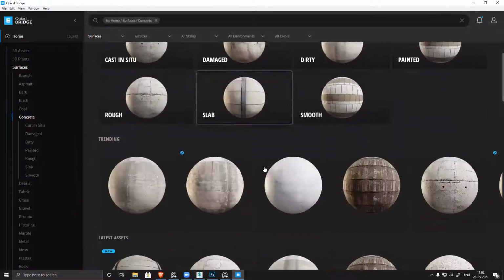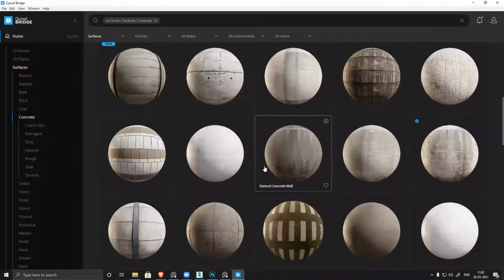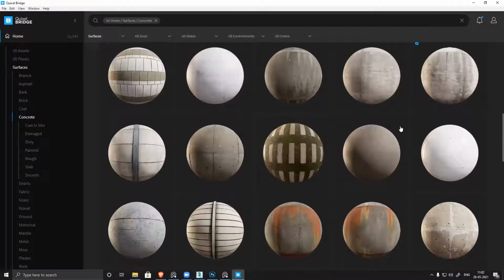See concrete, maybe something like this.